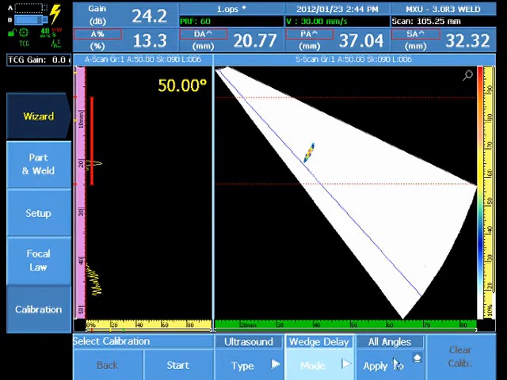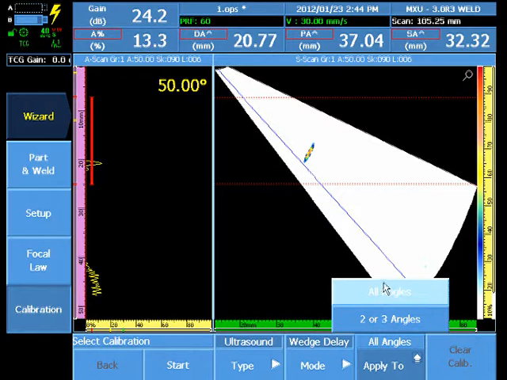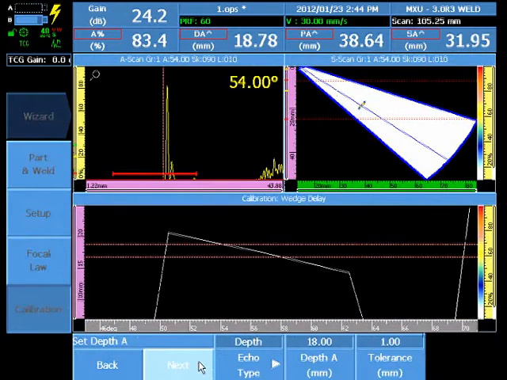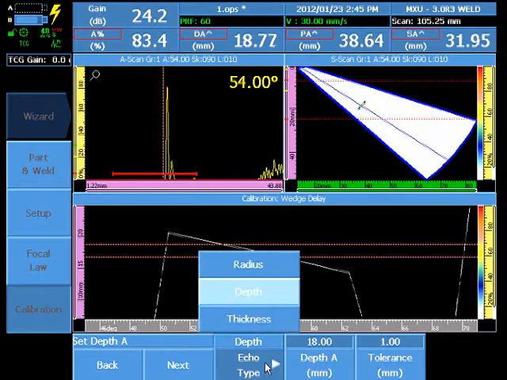And we can apply this to all focal laws, or we can take a reading on 2 or 3 and extrapolate the curve to the rest of the targets or focal laws. Select all angles and start. We can do this for a depth target